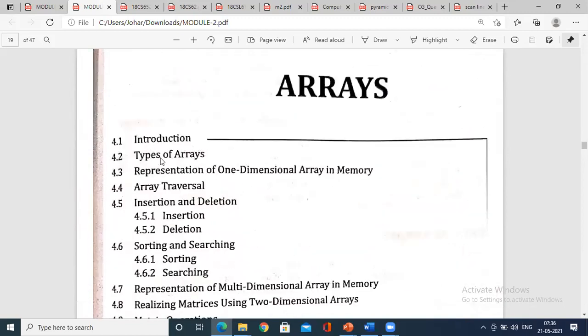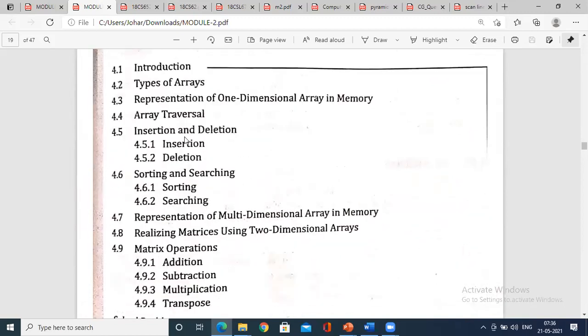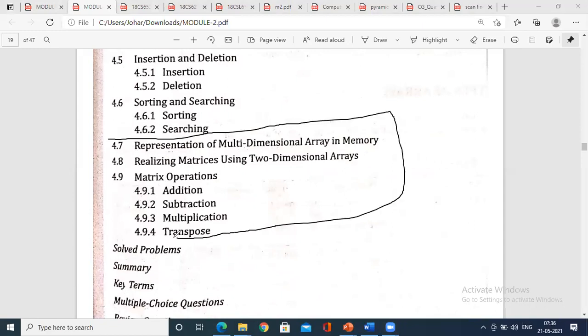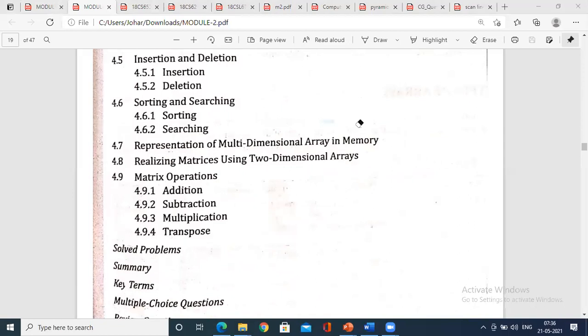Sorting and searching I will keep; it is quite easy. From here, maybe I will not keep it for IA, because as it is the first internal, you might find it difficult. The representation of two-dimensional arrays and all these things maybe I will keep for an assignment or the second IA.